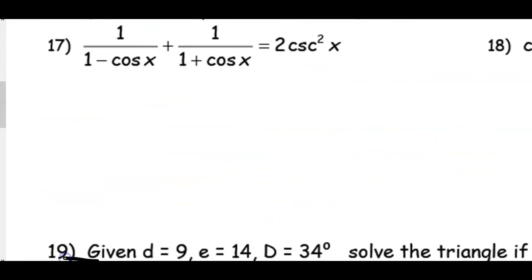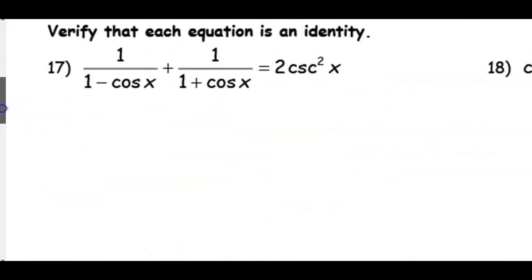Alright, this one here. Verify each identity. So we're going to make this side equal to this side, make the left equal to the right. And how we're going to do that, I think, just like we did with 16, is